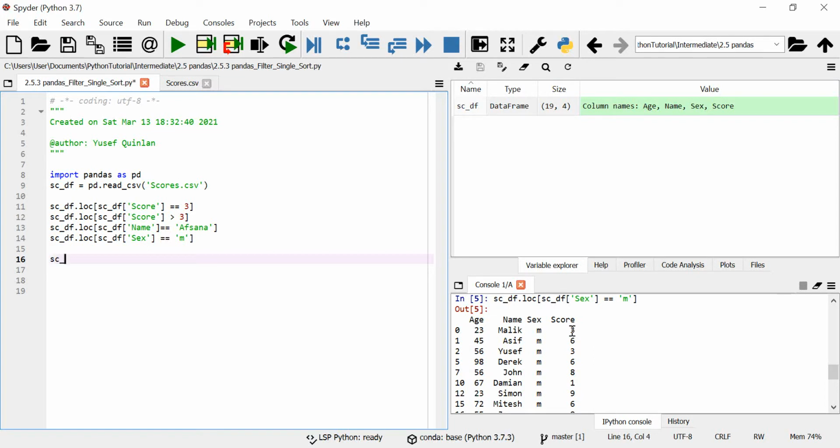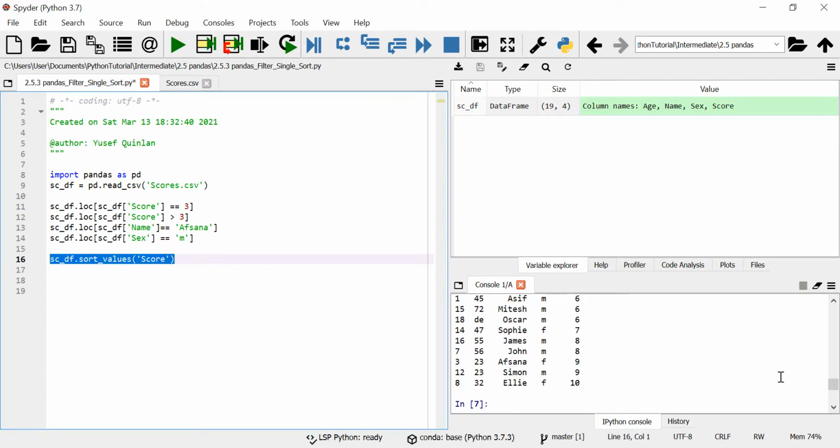So the first thing I'm going to want to sort, oops, that's not it at all. We're going to use sort values. The first thing I'm going to sort is actually by the score, right? And when you actually run this, by default, it sorts in ascending order. So you can see that it starts with the lowest score, and then it increases to the highest score,